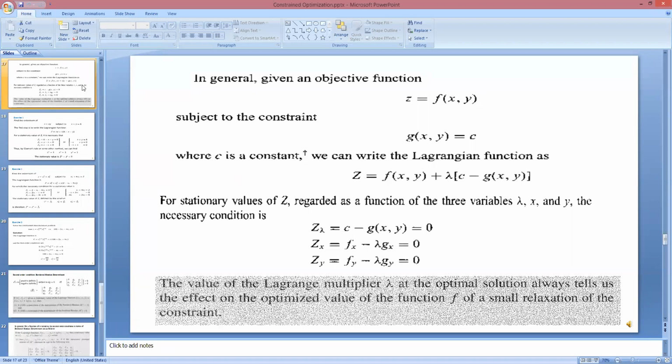This idea is related to the comparative static case. I hope you can remember, in case of comparative static, we considered the first, the